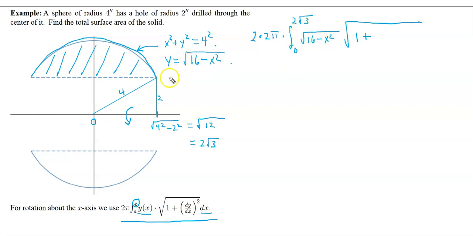Now the derivative of this, that's going to be, and I'll let you verify that. That's just using the chain rule and rewriting this, the y, as 16 minus x squared to the 1/2 power, and then differentiating, you get this. So now we square this and put it in here, and we get, now this will simplify as